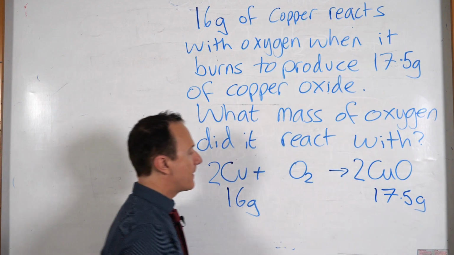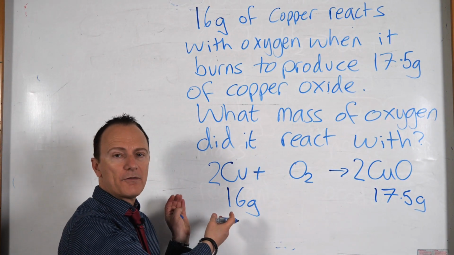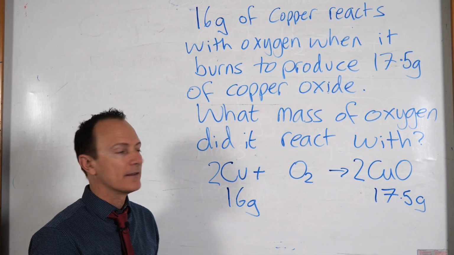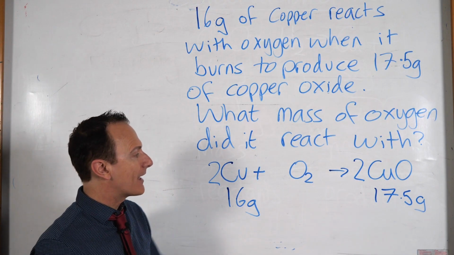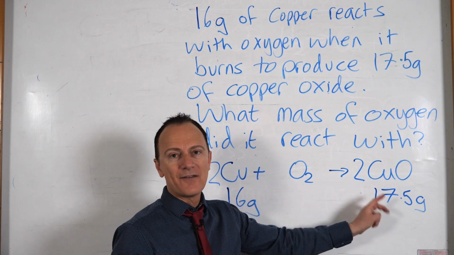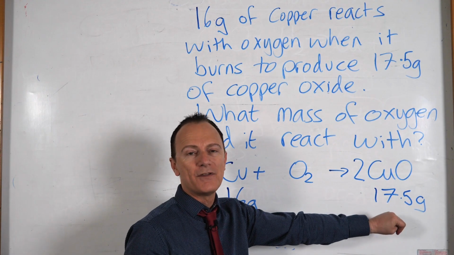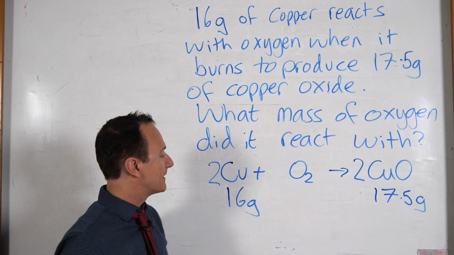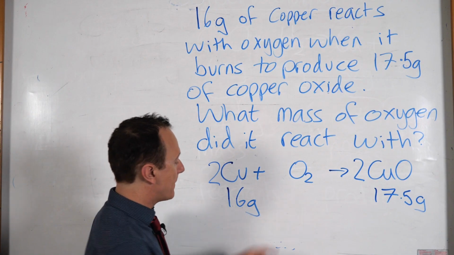And we've got to remember that the starting mass of all the reactants is equal to the mass of products that we get at the end. So both sides have to add up to 17.5 because the mass of the products is 17.5, so all of the reactants together need to add up to 17.5. So the missing number is going to be